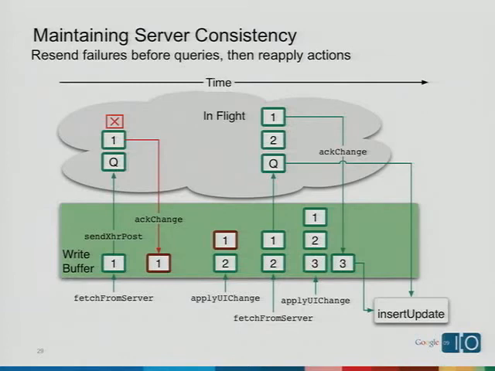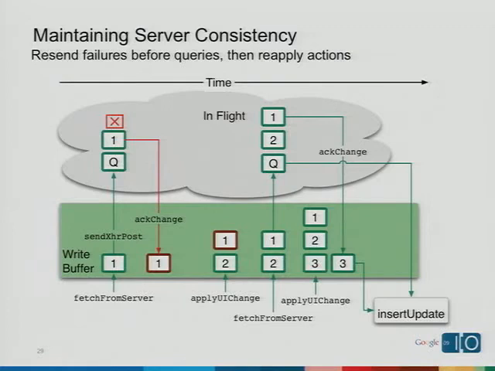More time passes, the user keeps using the application, and they make another change. This would be change 2 via the applyUI change there. So now there's change 1 that has not reached the server, and change 2 that we haven't sent to the server yet, but we don't know if it would fail. But maybe by this point, the user's gone online, and so we once again call fetchFromServer